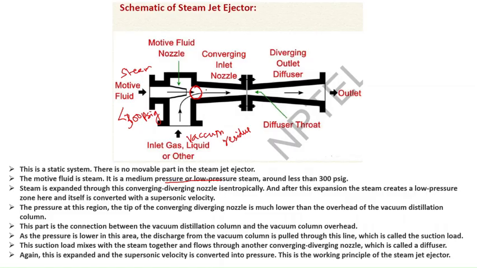As it is expanded isentropically, the pressure here decreases, and the pressure here is less compared to this vacuum column. Sorry, it is not residue, it is column. It is connected to the vacuum distillation column. So as pressure is low here compared to here,